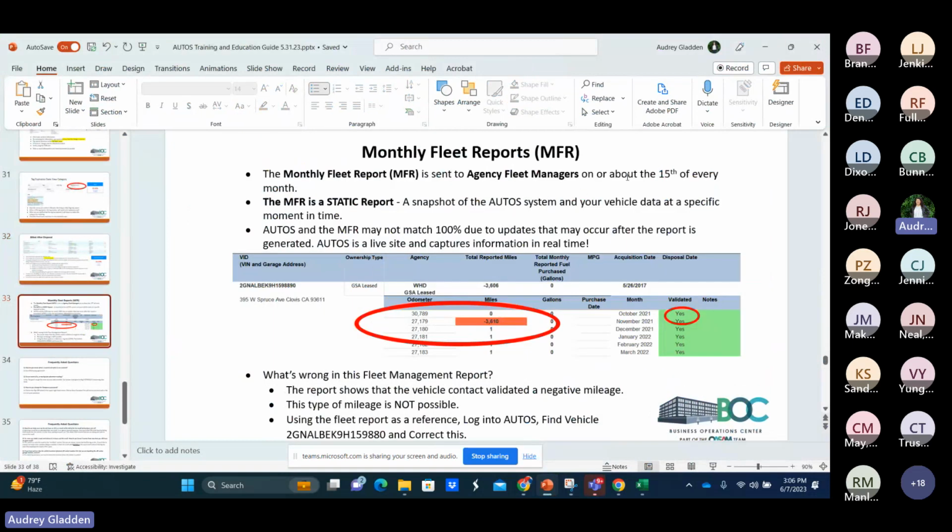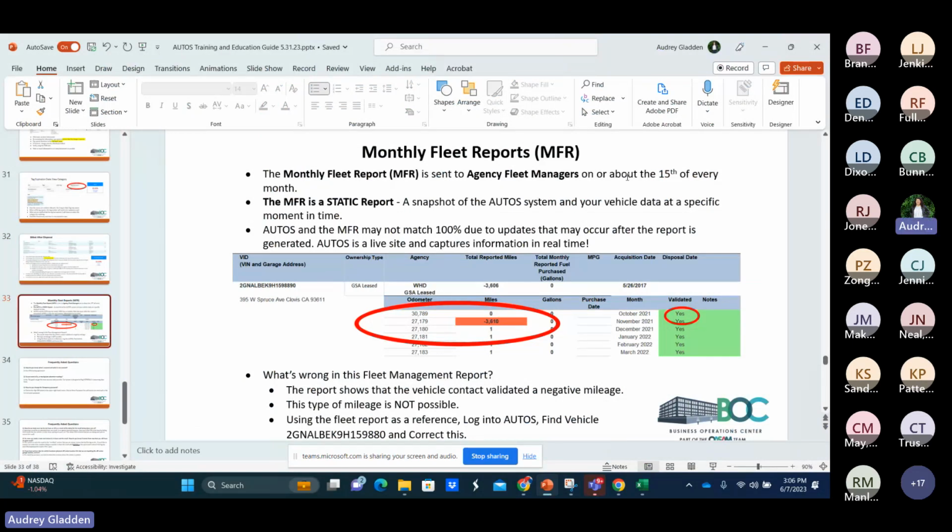So this one is about the monthly fleet report. Around the 12th or 13th, depending on where the weekends fall, we will provide a monthly fleet report to Eric, who in turn sends it to the fleet managers, for those fleet managers to send out to the vehicle contacts. The monthly fleet report is a synopsis of everything that's gathered in